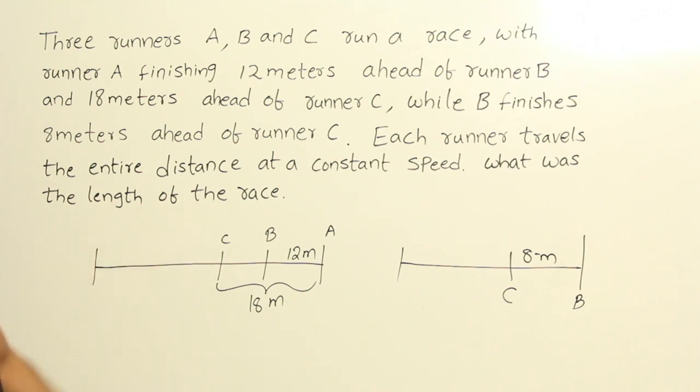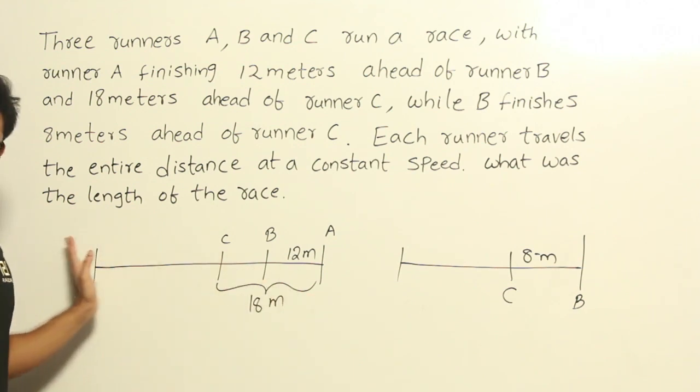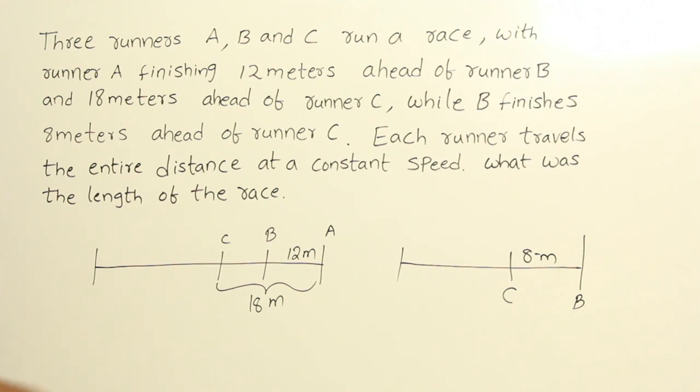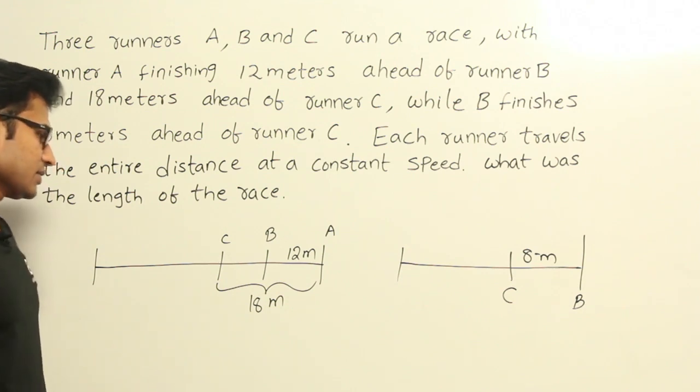Now what was the length of the race? So what they are trying to ask is, what is the total length of the race from the starting point to the ending point? What is this length? Nothing else is given, only this information is given, right? Beautiful framing of the question, right? Okay, now how to solve this one is,